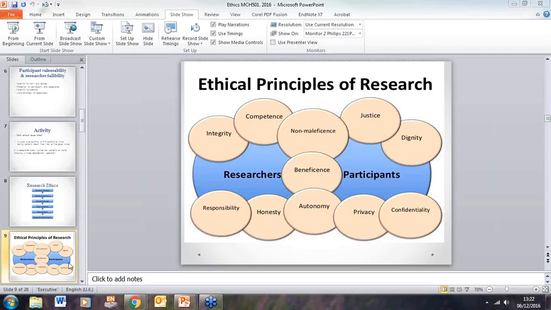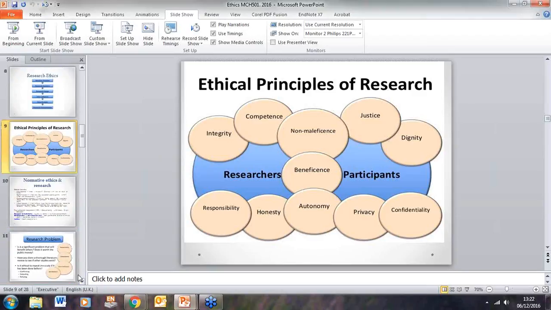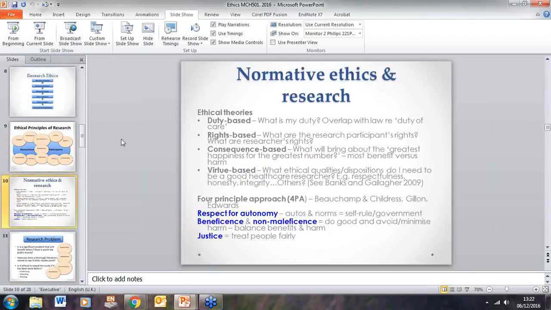So if we just have a look at some of these ideas and principles that I've put up. We talk about ethical theory when we talk about ethics, and we look at the 4 principles put forward by Beauchamp and Childress and published widely: the ideas of autonomy, beneficence and non-maleficence, and justice. So the idea that we should be,